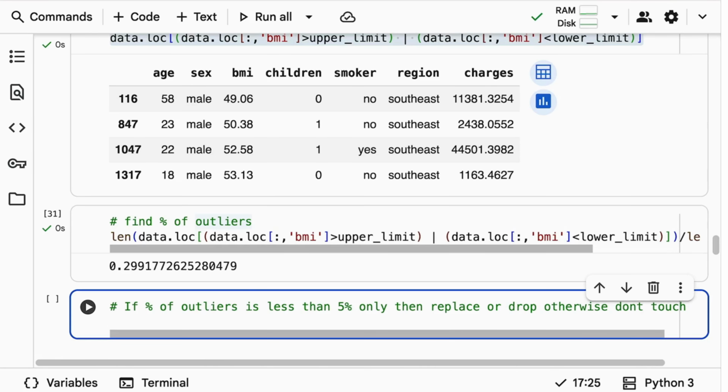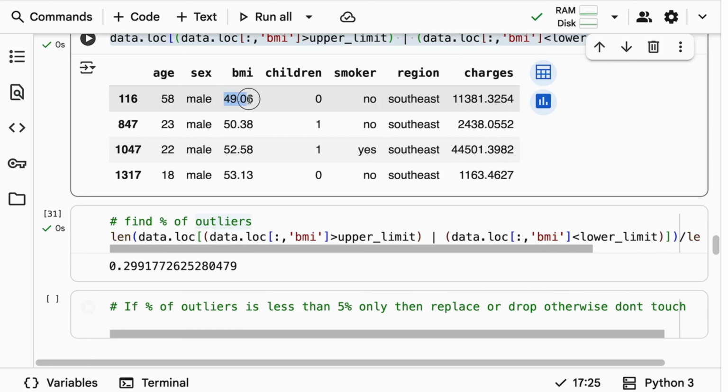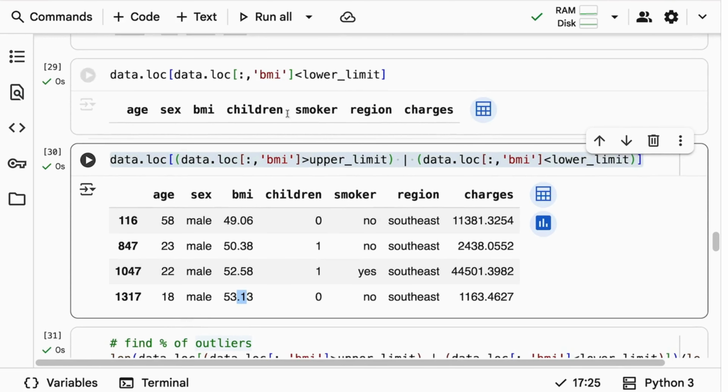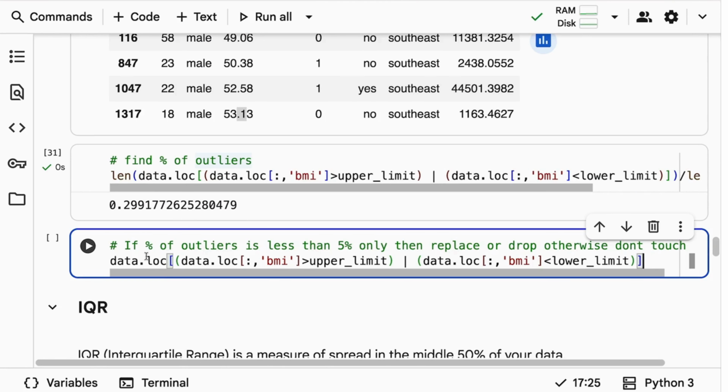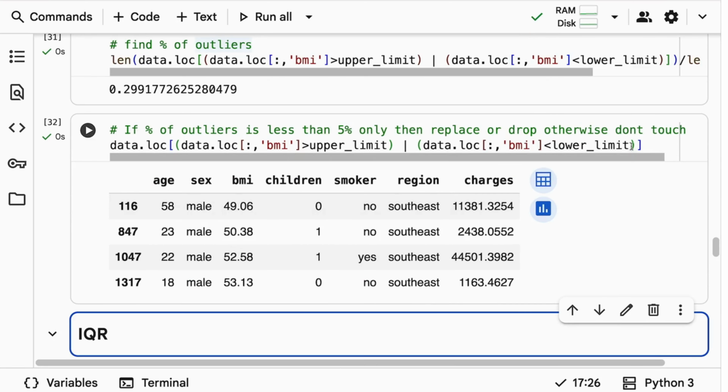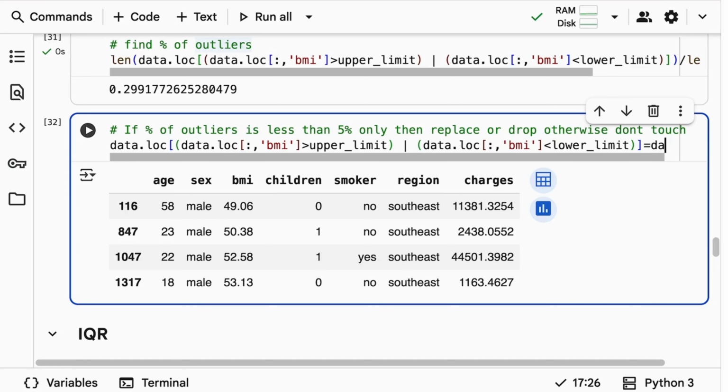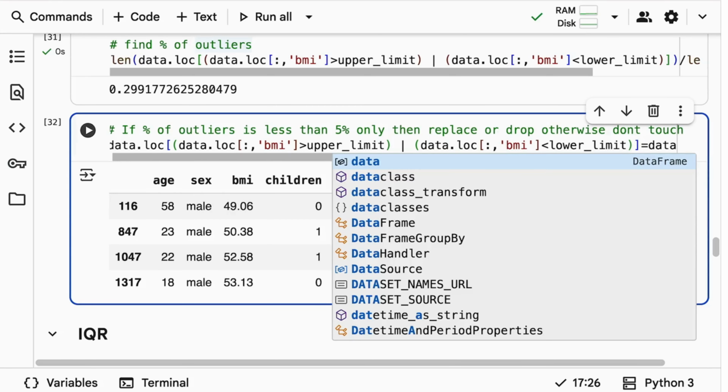Okay, so now what I'll do, since it's a 3 sigma rule, you can replace them with either the upper limit or else you can just go with the mean, because the data is anyhow normal, right? You can replace all the outliers with the mean value. So I'll take the same condition, whatever or operator I have used, take the same code, and then add one column which is BMI, because we are fetching data and telling where exactly we have to make these changes. So what changes have to be done? All the outlier values in BMI should be replaced with the average BMI value, right?